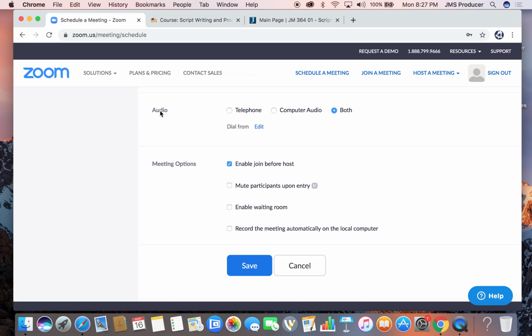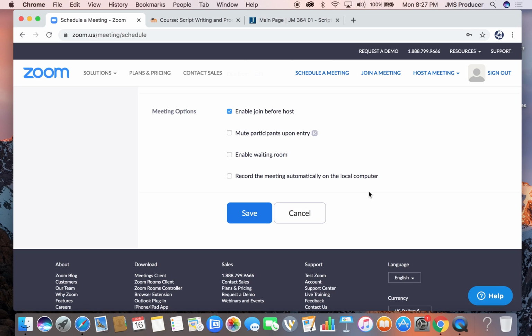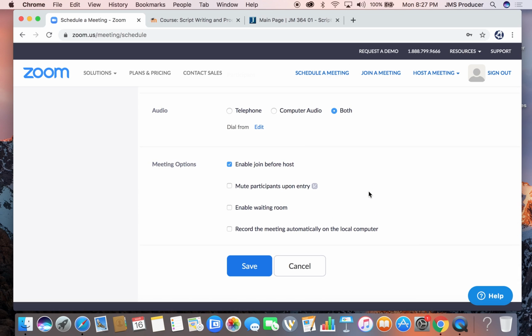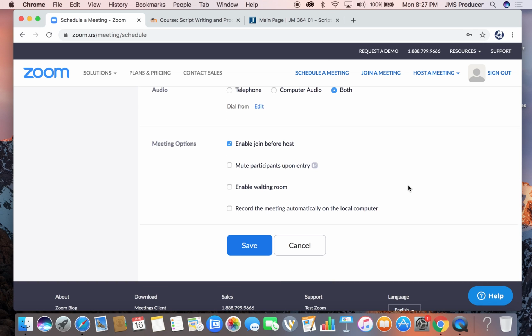And audio, telephone, computer audio, both. I've selected both. But I really have this set up primarily to deal with students on computers and cell phones. If they are on cell phones, remind them to download the Zoom app, and that will help them get in here under the cell phone if they can't get to a computer. Now, a computer is an optimum way to deal with that because there are more screen sharing functions that they can do. So I'm going to hit save,